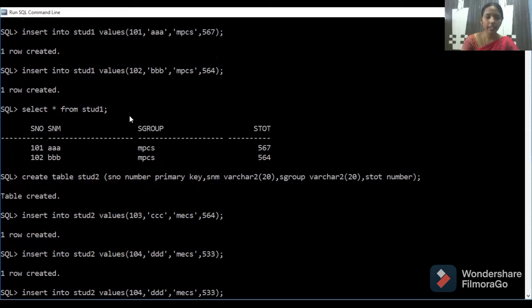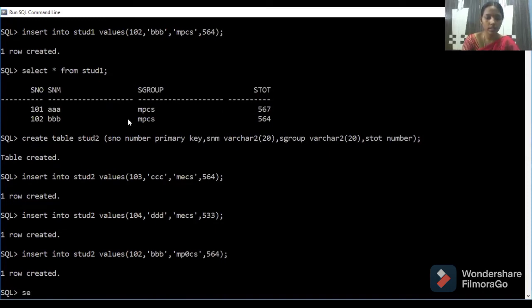We'll create one common row so that we can perform some operations. 102, TBB, MPCS, 564. So this is a common row. Now select star from student 2.